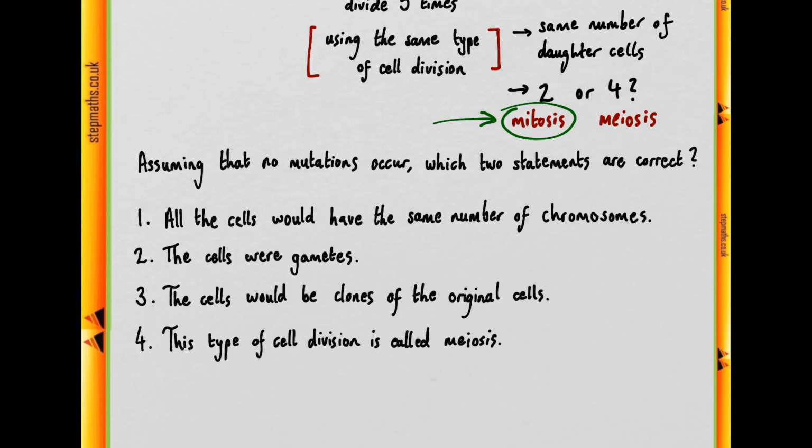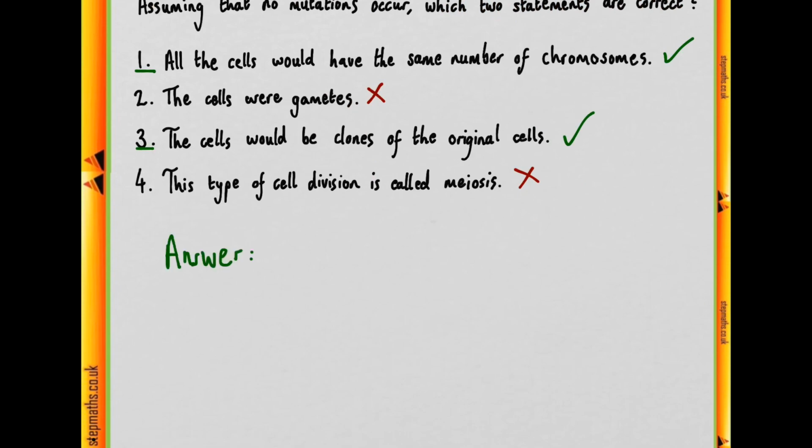So with mitosis, we're producing a genetically identical daughter cell, which would have the same number of chromosomes, and indeed the same chromosomes, so that statement 1 is correct. Moving on, the cells were gametes. Well, that must be wrong because all gametes are haploid and are produced by meiosis, not mitosis. Moving on to 3, the cells would be clones of the original cells. Well, that's true with mitosis. And finally 4, this type of cell division is called meiosis. Well, no, it's mitosis. So we have 1 and 3 being correct, and therefore our answer is going to be